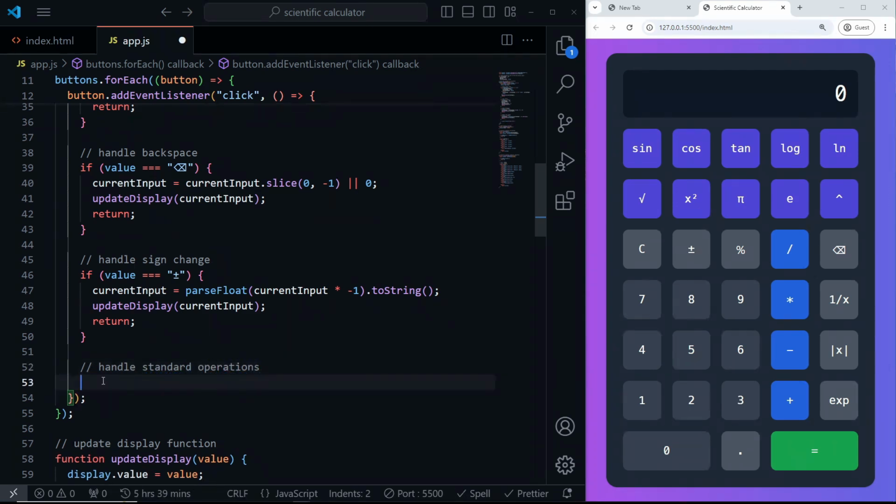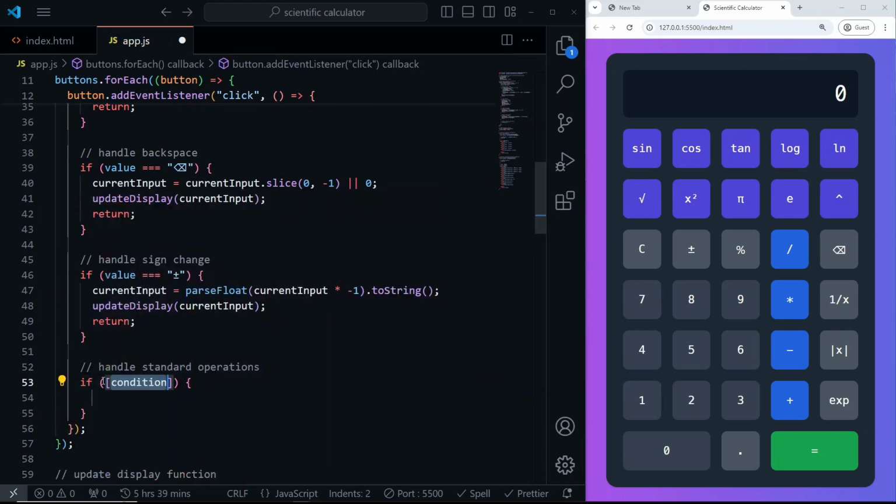I'm going to say if, so we have an array that contains all our operations. You can say divide. The next one is multiplication. The next one is minus. The next one is plus. And then the next one is raised to power. So if any of these